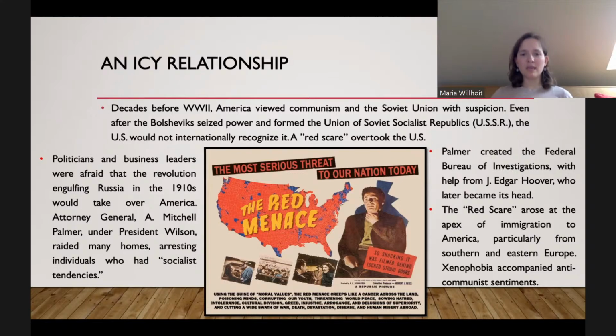We really believed that a Red Scare would overtake the US, that something like a Red Menace would overtake the US. We were scared that the communism that was spreading in the Soviet Union and other countries in Eastern Europe and Asia was going to spread and take over the whole world. And it was going to come to America and destroy what we knew of America.